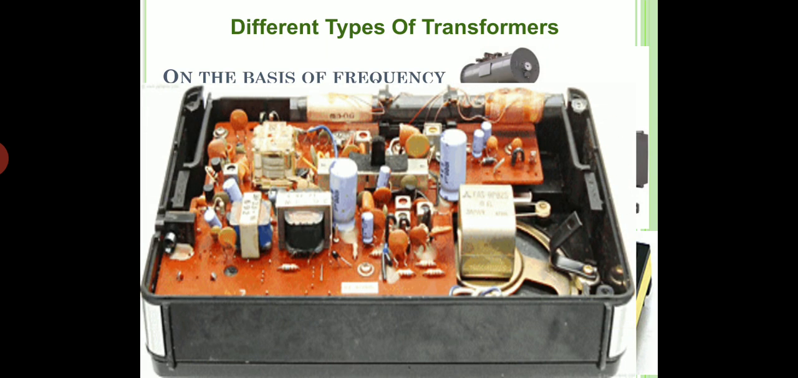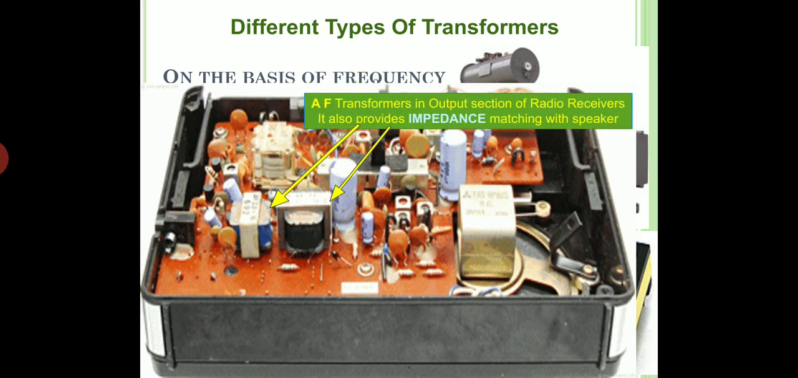So again, this is a radio receiver, and here is another model. Here also you can see there are two transformers, and one of them, or both of them, can be of AF range, because there will be two stages of push-pull configuration generally in the older models of radio receivers. So in a push-pull mode, we also use a transformer to couple the input signal to the